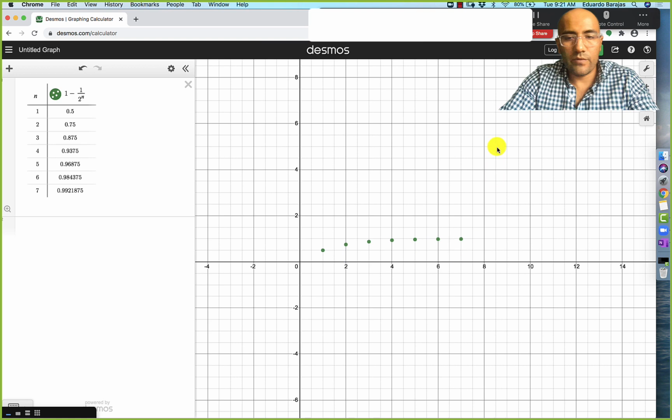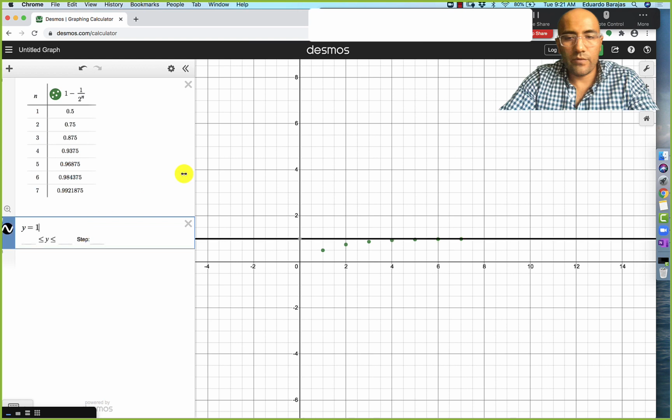But they're not growing out of control. As n gets larger and larger, this part gets smaller and smaller and smaller. So as n gets larger, this output becomes closer and closer to 1. Look, at n equals 7, it's already at 0.9928. So eventually they approach a horizontal asymptote at y equals